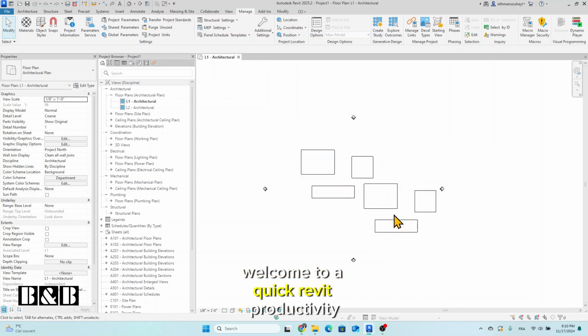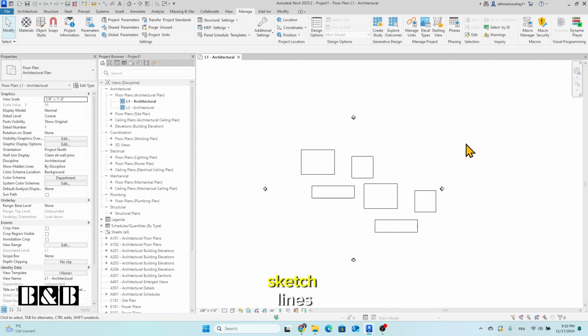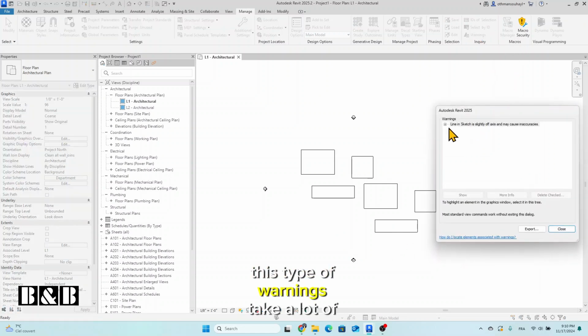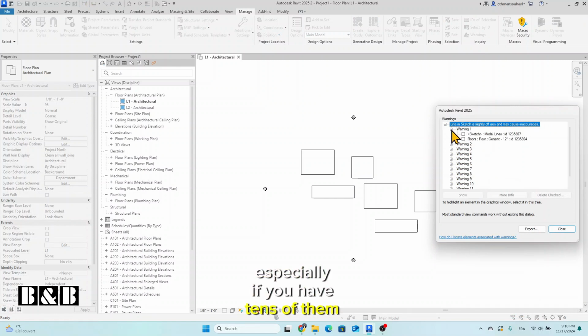Welcome to a quick Revit productivity hack. In this model, we have 12 warnings related to floors that have off-axis sketch lines. This type of warning takes a lot of time to resolve, especially if you have tens of them in your